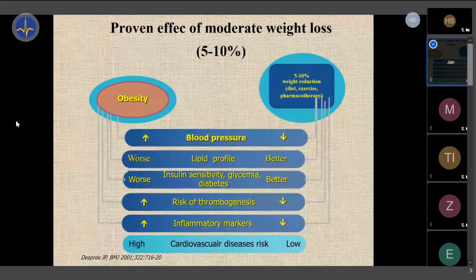And this is another take-home message. You will be surprised that the initial goals for weight reduction in obese people are actually quite low, right? 5 to 10% of initial body weight. It's not much. It's 5 to 10 kilograms, maybe even less kilograms in more obese people. So a few kilograms of weight loss, actually, which I try to show on this slide, has evidence-based data that it helps. Even 5 to 10%.